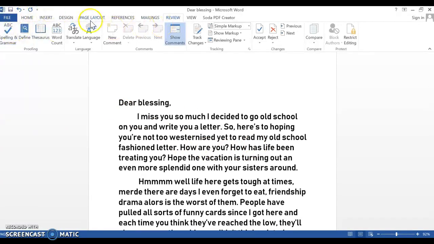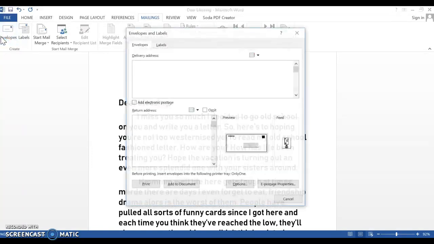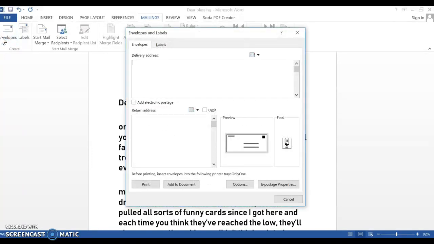And the last thing I wanted to show was mailings as well, because if you wanted to print this and then also be able to mail it using an envelope, the formal or traditional way, because not many people do post that much anymore. So I can write my delivery address here, say for instance PO Box 56, Mesasi,